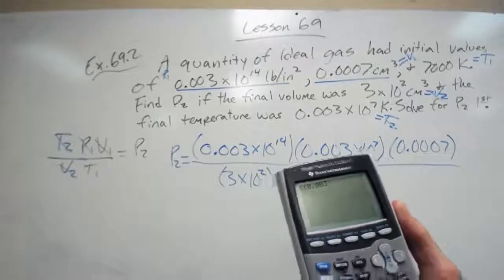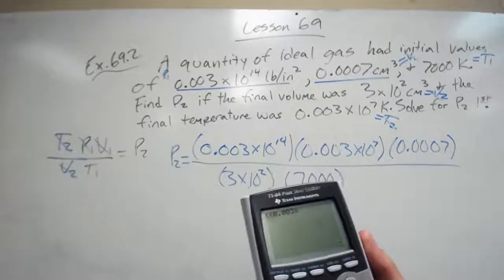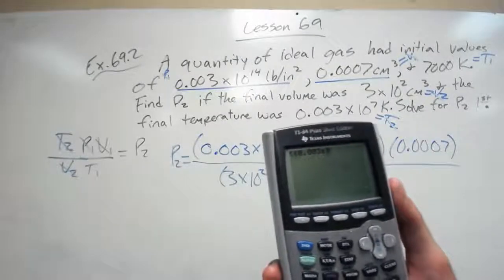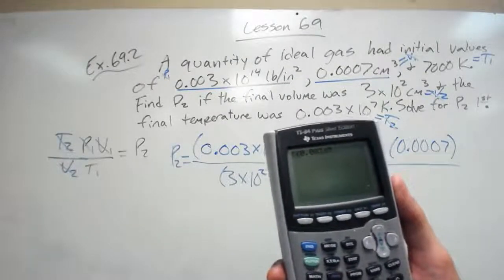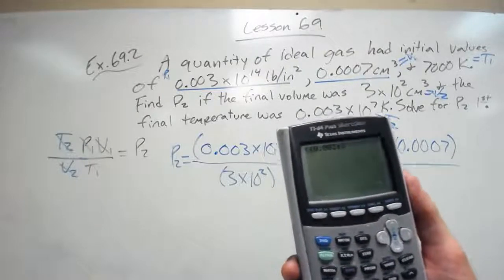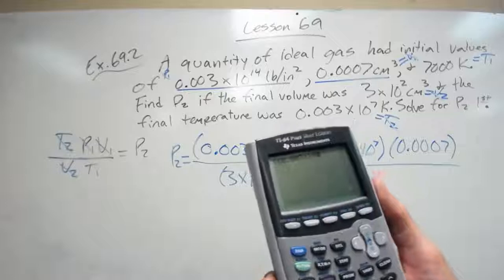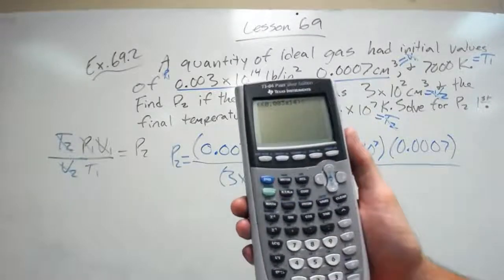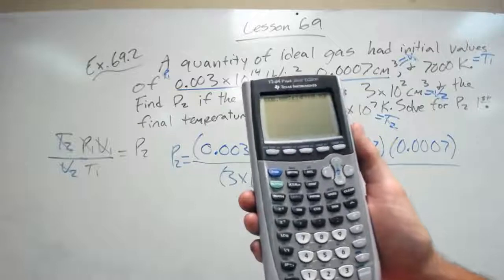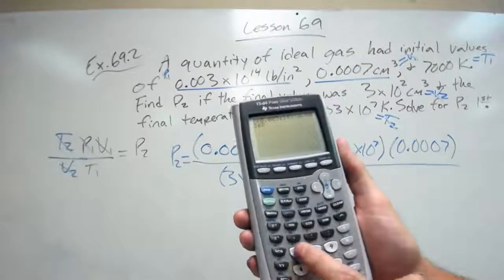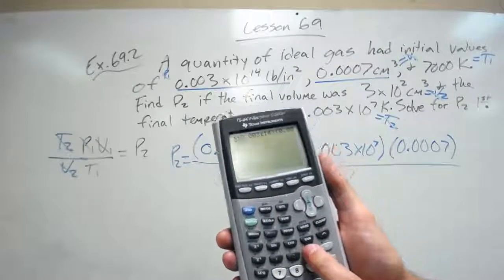Remember, times 10 to the whatever power, we do second, comma, the EE button. So right now your calculator should read parenthesis, 0.003 E 14, close parentheses, open parentheses, 0.003, and this is times 10 to the 7th power, close parentheses,